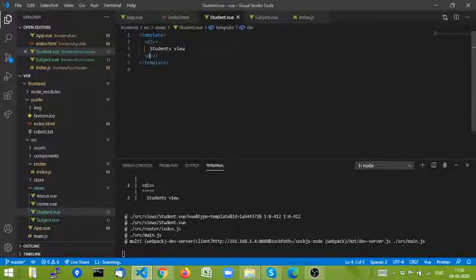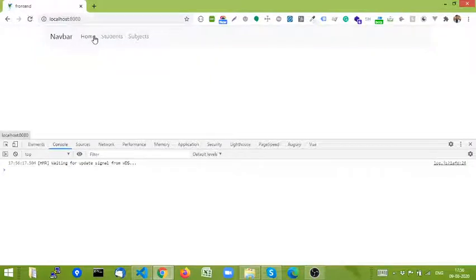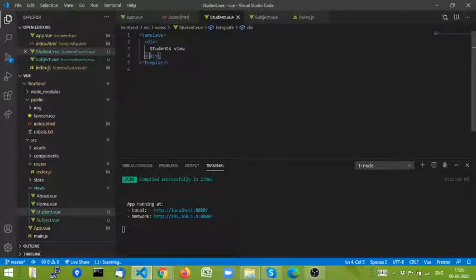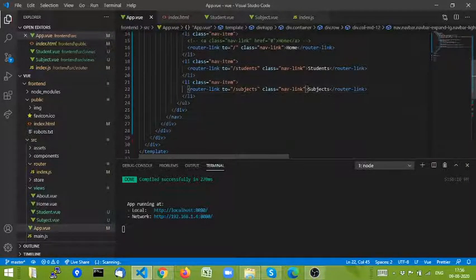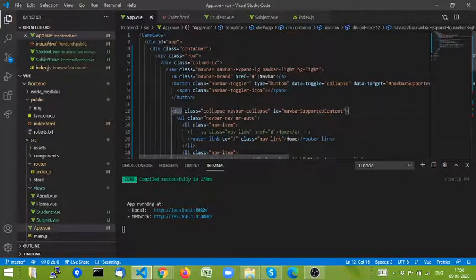Div has no matching. Okay, maybe we need to add this div. Okay, now we click on the students, but even though we have created the template in the view file of student, we are not loading a student view. This is normal behavior. So let's